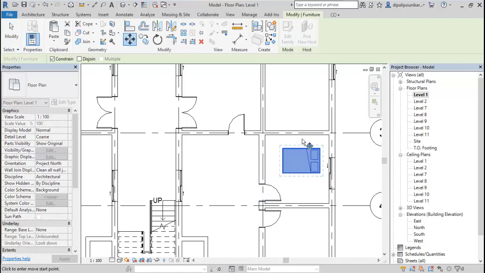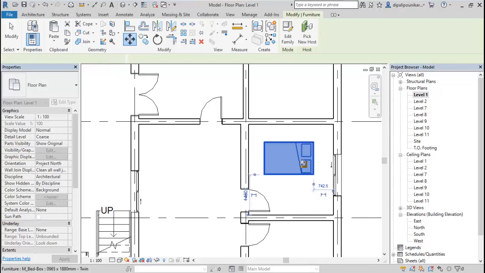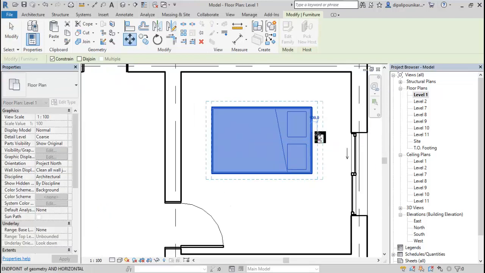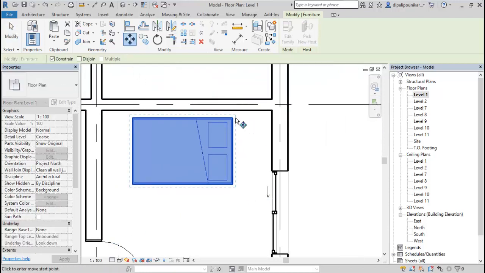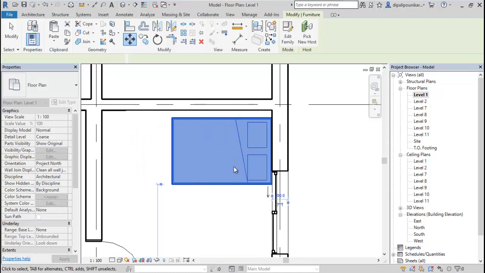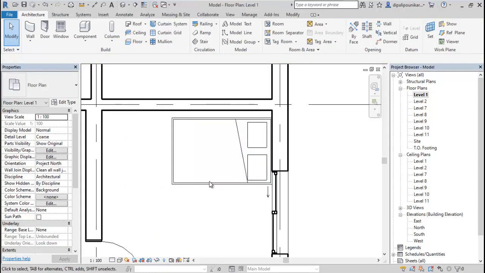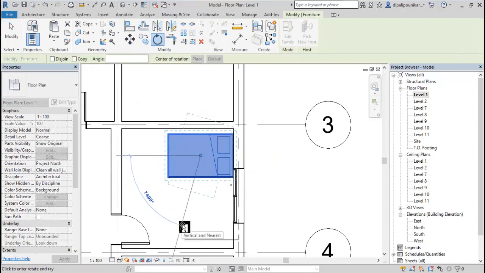And now move this one to this particular portion. Okay, and to move this from this point to this point. Or we can rotate this to get a better, more good interior.